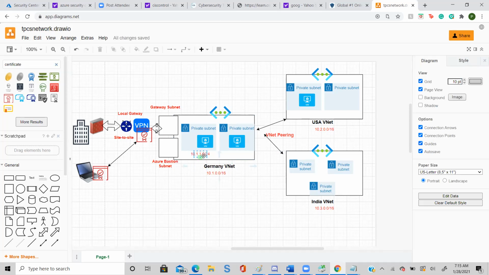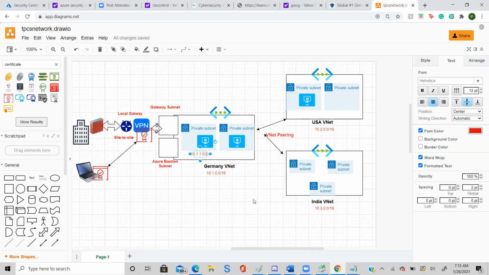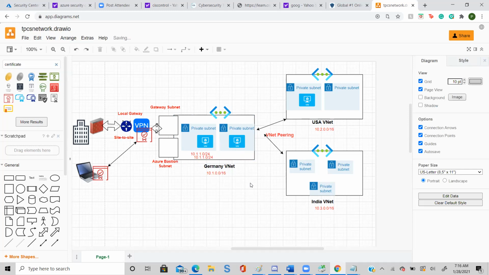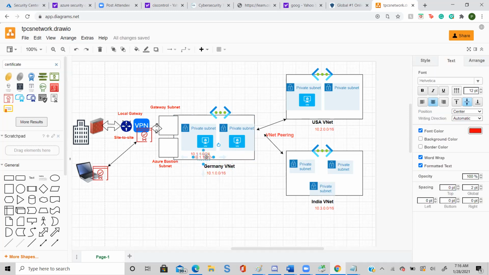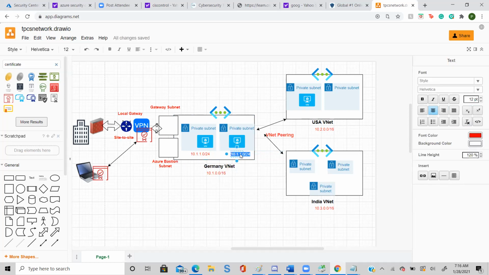Now I'm going to put another IP in the second subnet, 10.1.2.0. So one is 1.1, the second one will be 1.2.